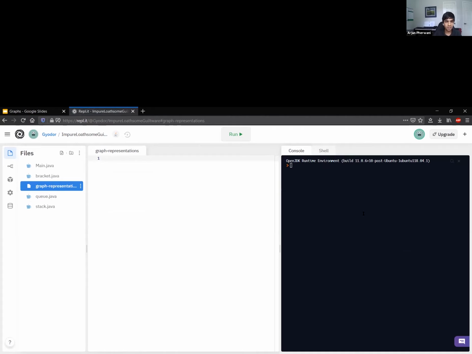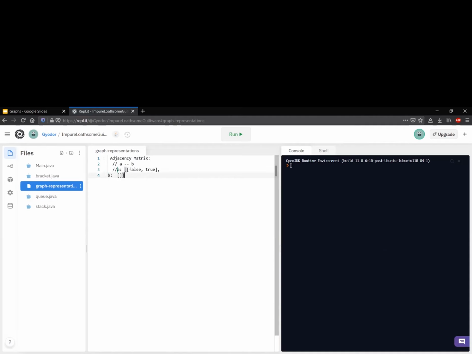Now I'm going to live type here. I wish all of you had VS Code so we could just live share, but I can't assume that's true. So we'll just go with this. So here's a very simple graph. A and B are the two nodes, and there's this little edge in between them.